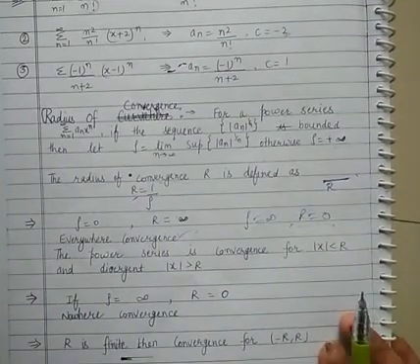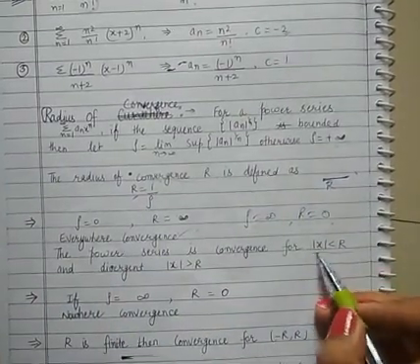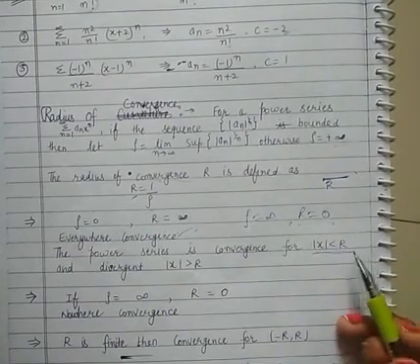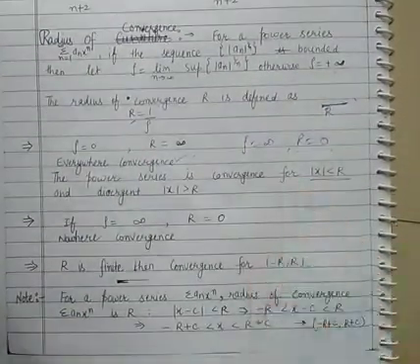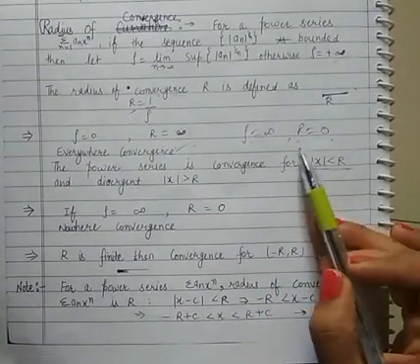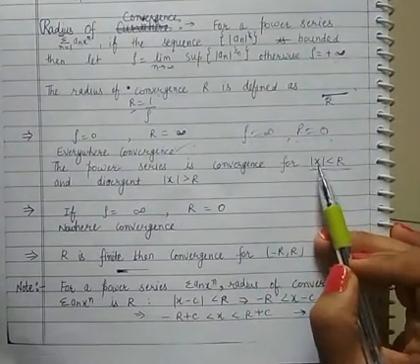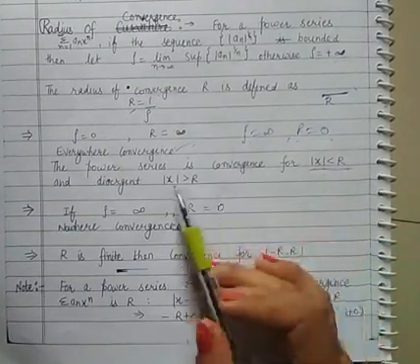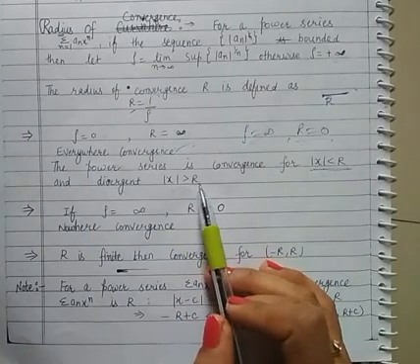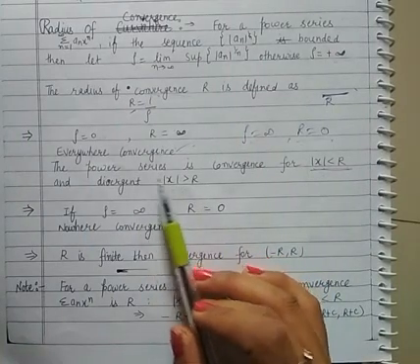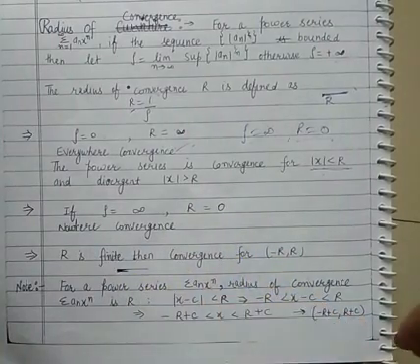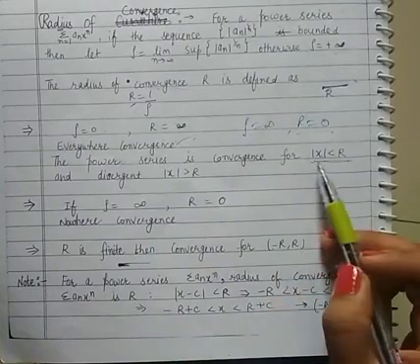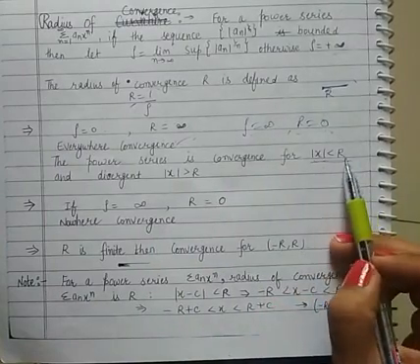Now how do we get the convergence? Convergence comes from mod x less than r. So whenever the x value satisfies mod x less than r, you get convergence for the power series, and whenever mod x is greater than r, you get divergence. Nowhere convergence I have already spoken about. Now if r is finite, then the convergence is from minus r to r, because you have taken mod x to be less than r.